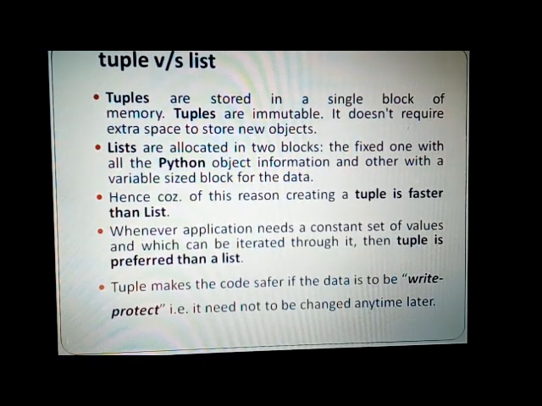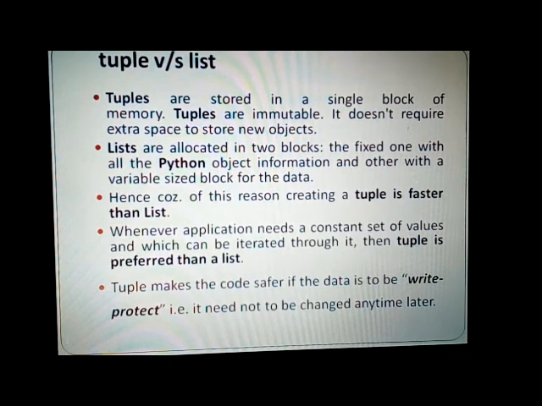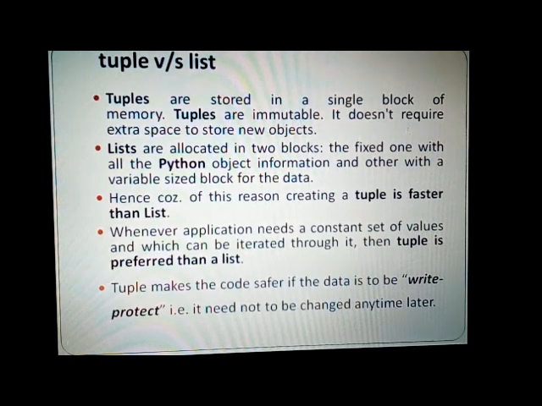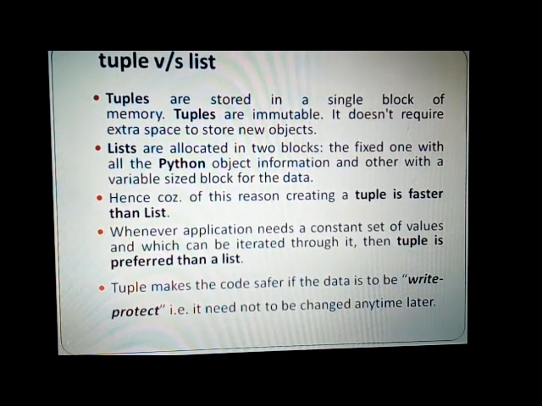So with this note, let us end this session, and in the next session we'll see how to have tuple assignments, as well as a program which demonstrates, with the help of a tuple, how to make use of something called the decorate and undecorate sequence.